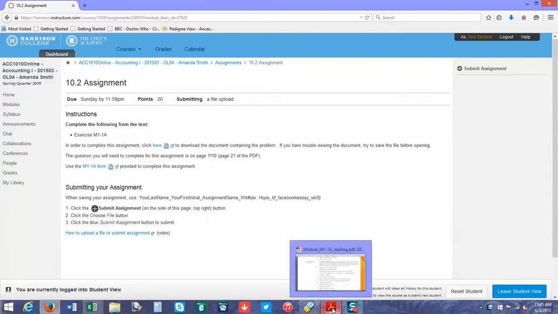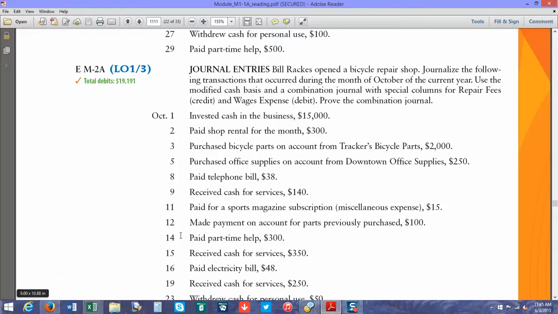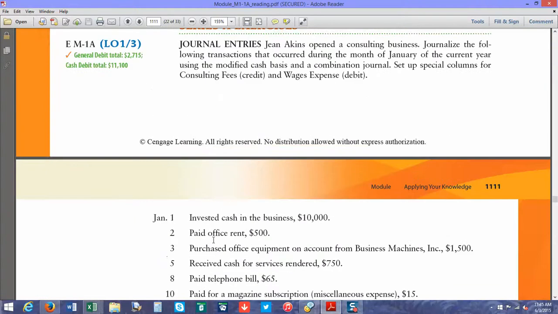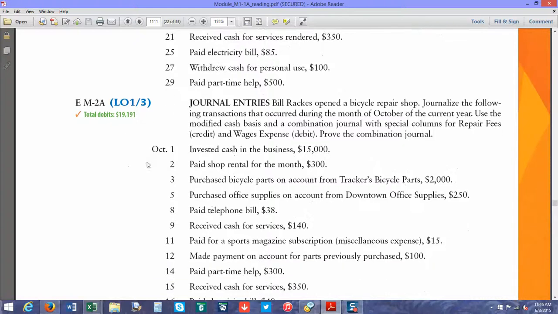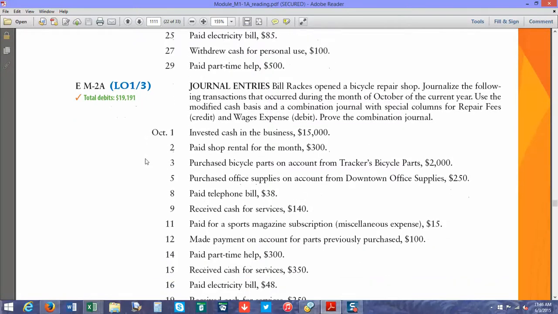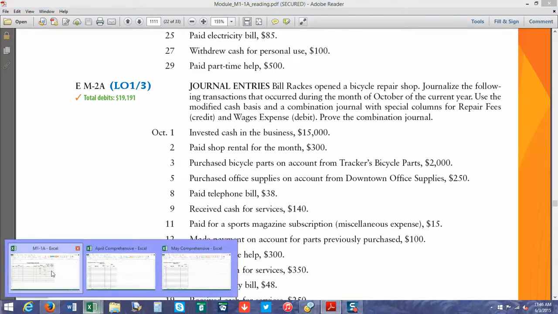What it's going to do is open up an Adobe Acrobat file. You're going to read through the material and do exercise M-1A. I'm going to do M-2A, which is very similar to what you have to do. So let's start with we invested cash in the business. So I'm going to open the file,